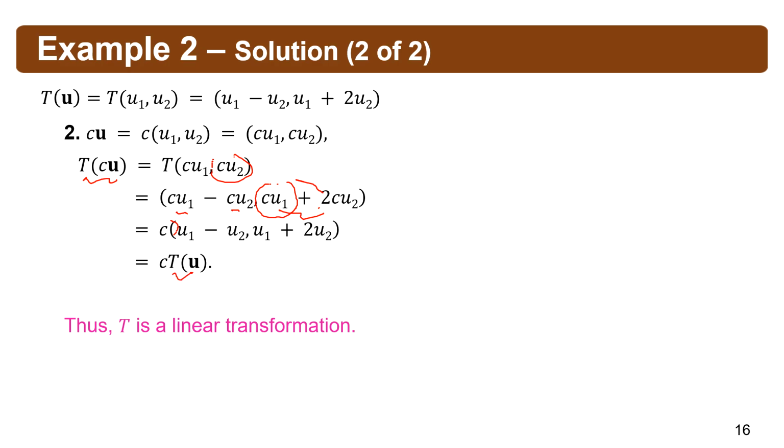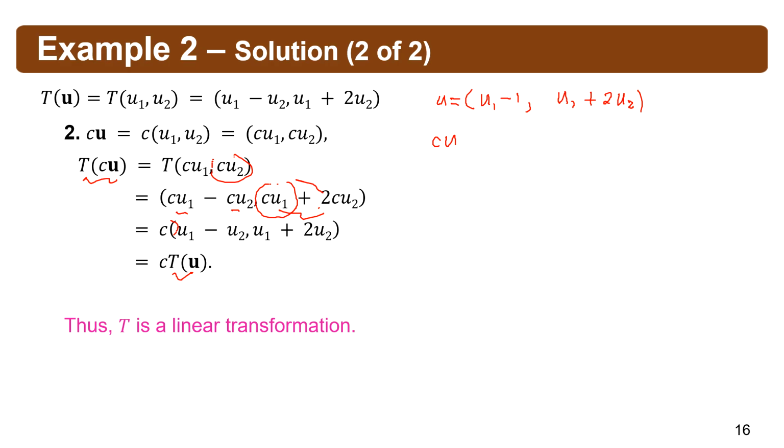Now, in the next slide, when do we have a transformation that you cannot factor out C? Let's have an example. So instead of using this one, U1, U2, let's use U sub 1 minus 1, and then U sub 1 plus 2 U sub 2. So let us say this is my U. If I multiply now C, so CU will be,